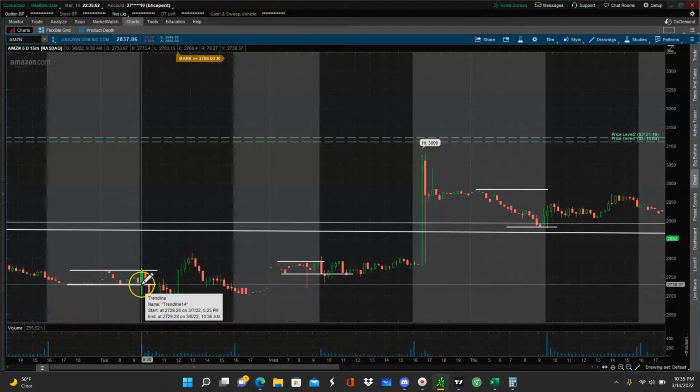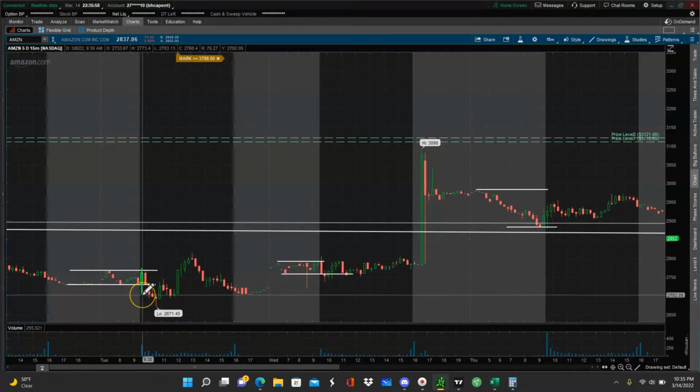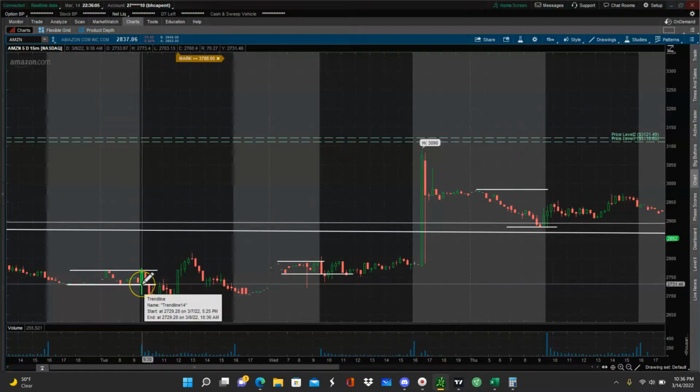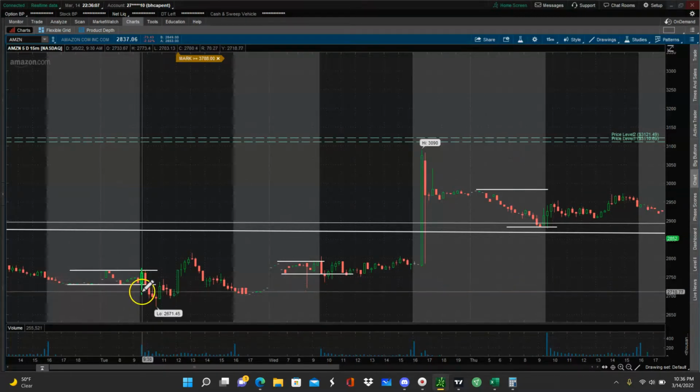So the price opened right at pre-market support level 27.30. It dipped down to 27.02. So a little demand zone here, and you could have easily gotten beaten up here,